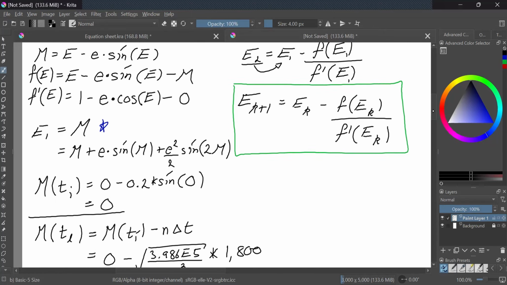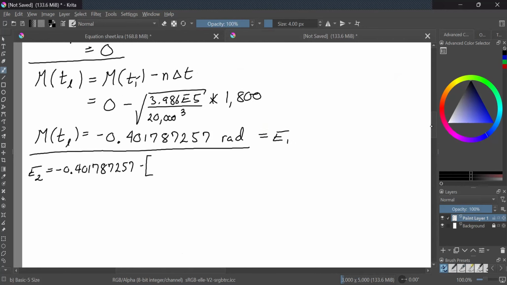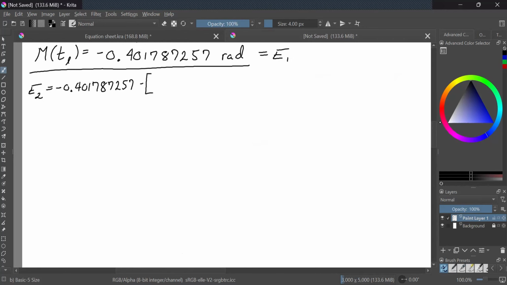The numerator is F, where we have E minus E sine E minus M. So our E is E1, minus 0.401787257